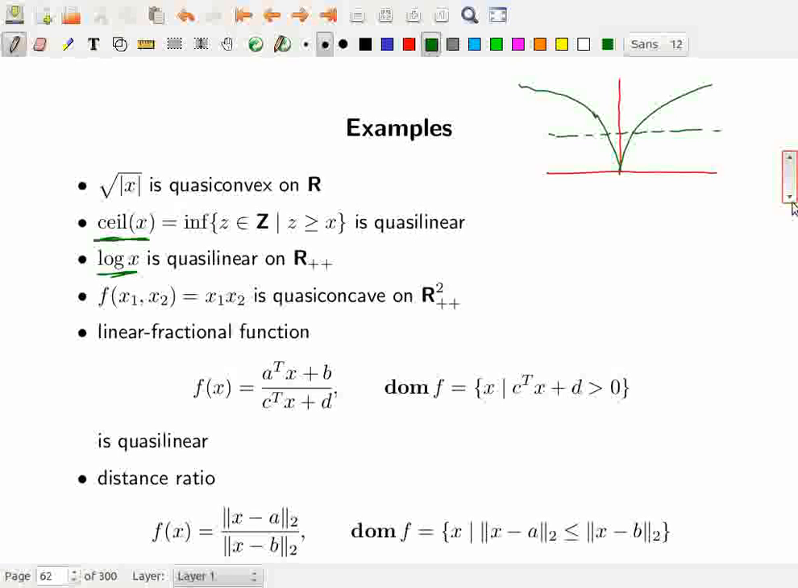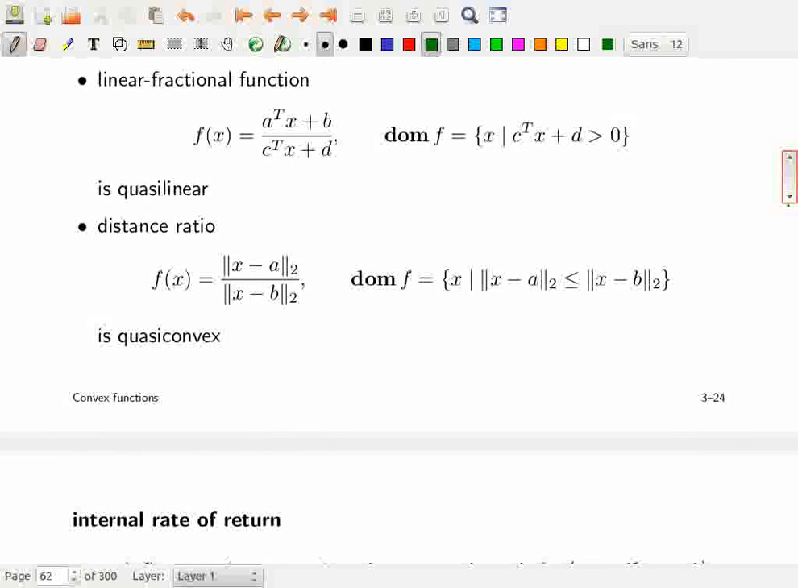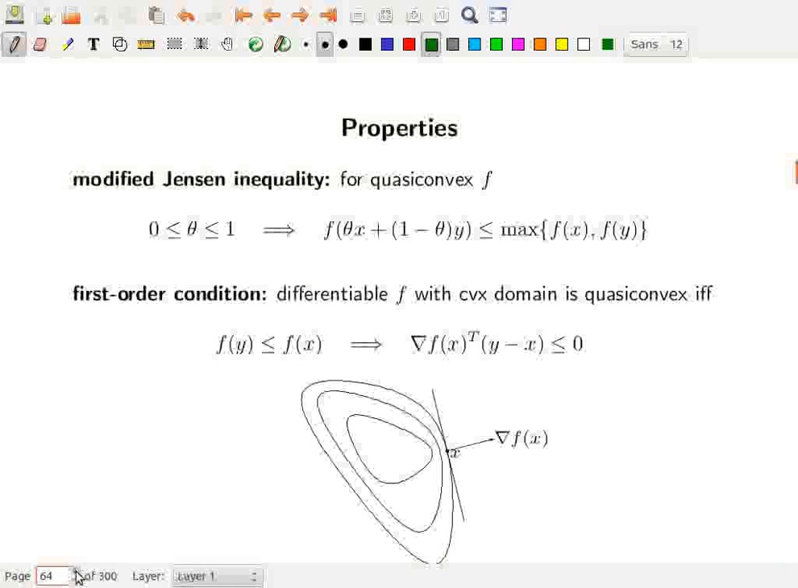And I think these are some examples here. Okay, let me make it a little faster. Modified Jensen inequality for the quasi-convex function. Here it is a little different. In the original Jensen inequality,